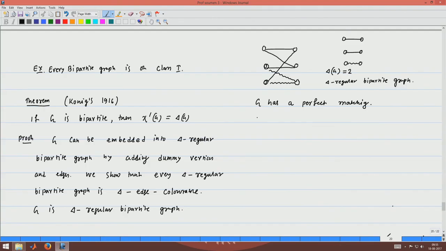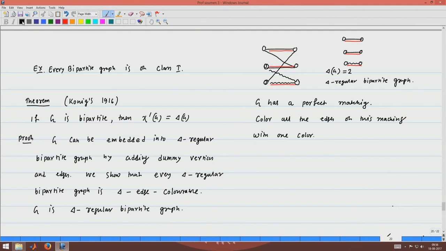Now you color all the edges of this matching with one color. You can do that because a matching is a collection of disjoint edges. So, you can color them with the same color. All these edges you can color red. That means you are coloring this edge red, this edge red and this edge red.